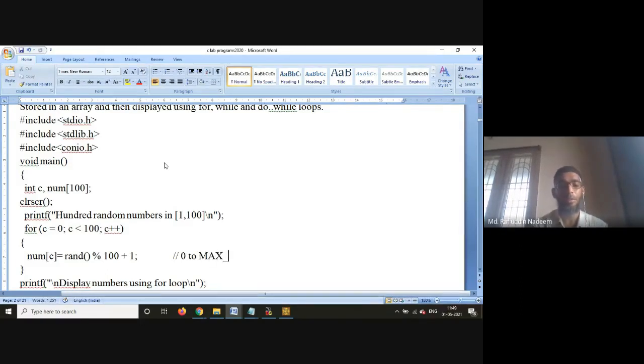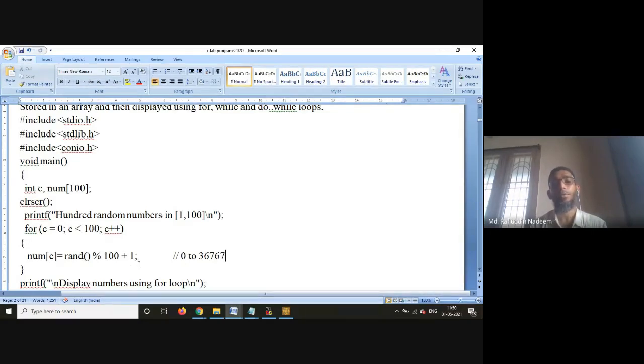For example, we have just seen that the integers will be generated from 0 to 32,767. Assume that this rand function generates numbers from 0 to that maximum. So it is going to generate some random numbers there.